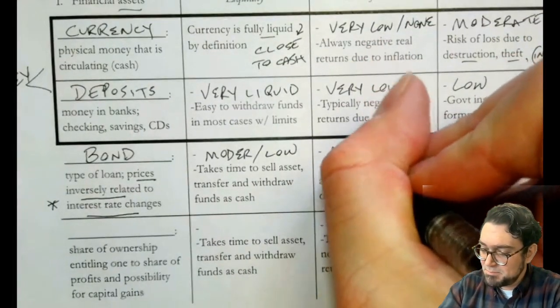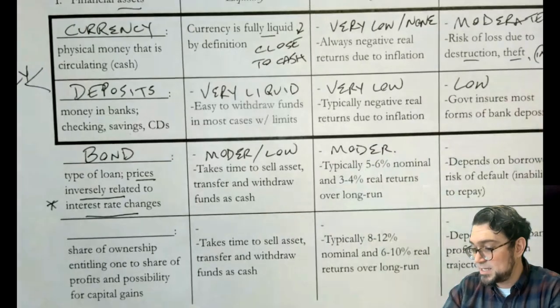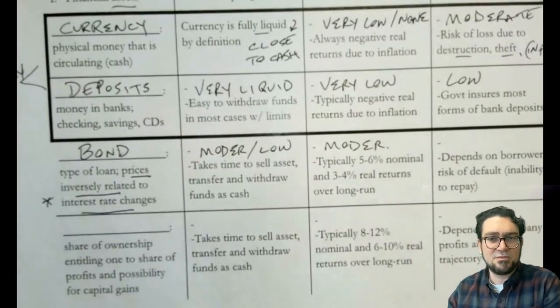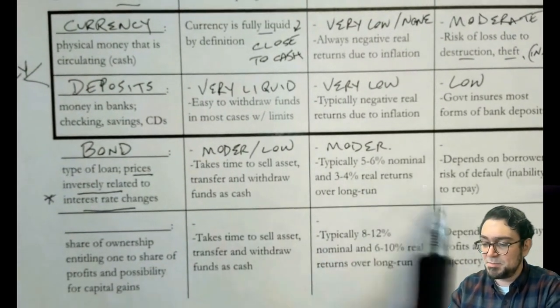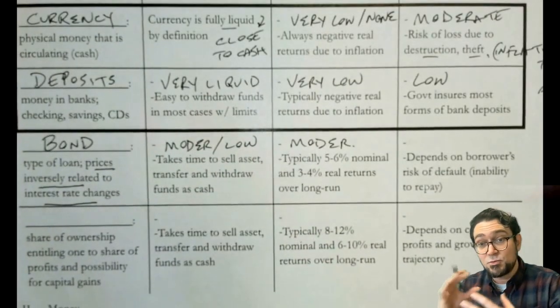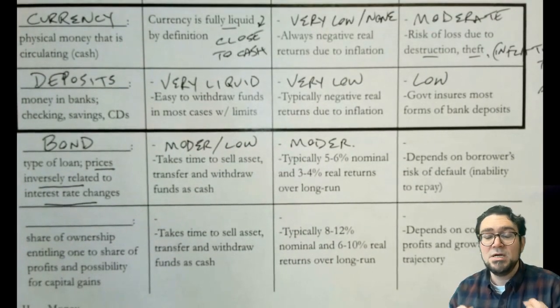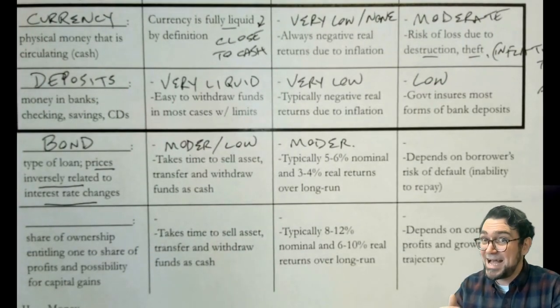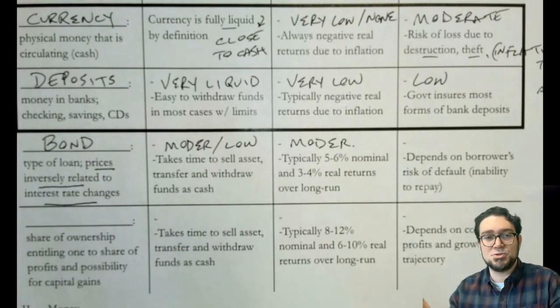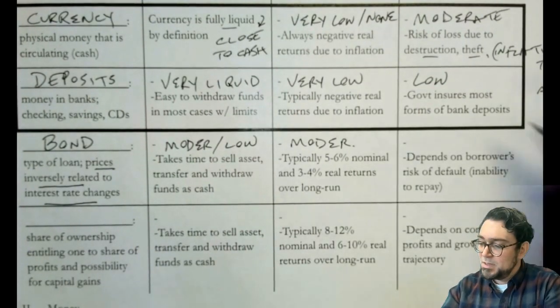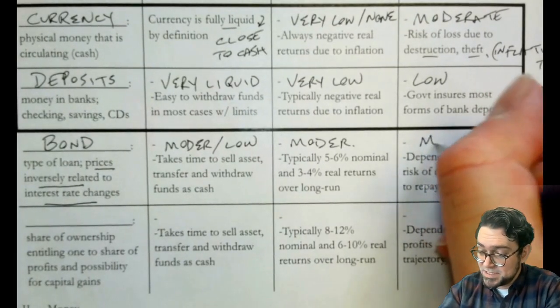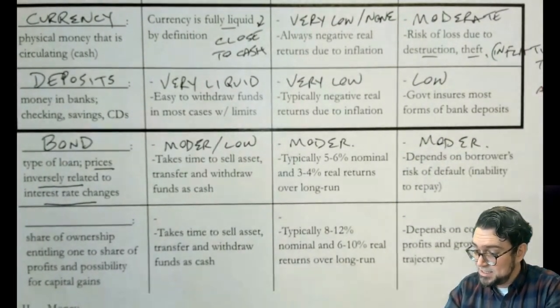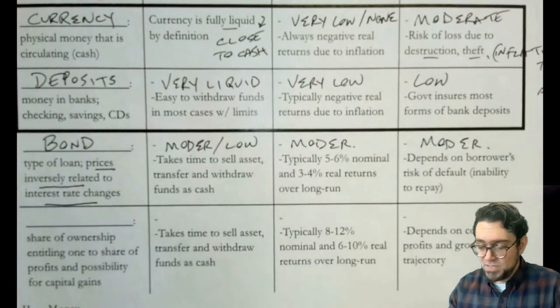We would say that there's a moderate rate of return with things like bonds. These are typical rates of return for generalized speaking about the bond market, but you could get very different bond rates depending on who you're lending the money to. If you're lending money to somebody who's not very trustworthy, they have high risk of not paying you back, then you might charge them a higher interest rate that's called the risk premium. Then we have this level of risk. And again, we can say this is moderate. It really depends on the borrower's risk of default.